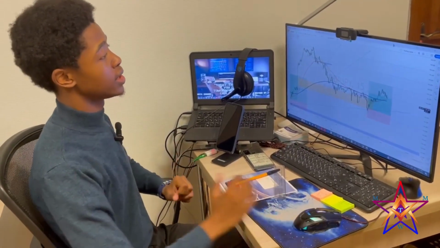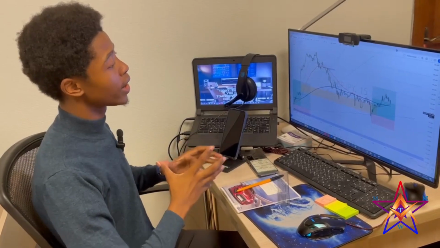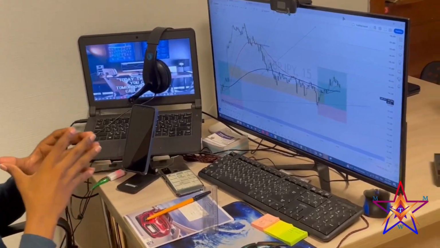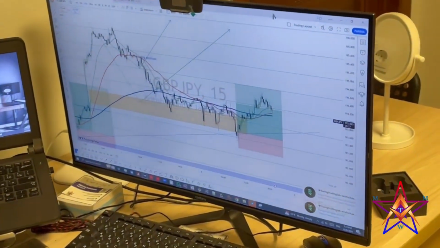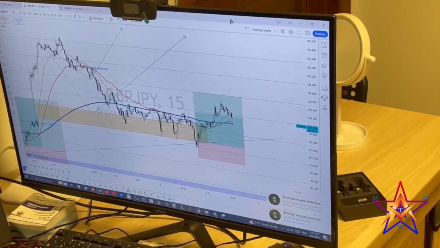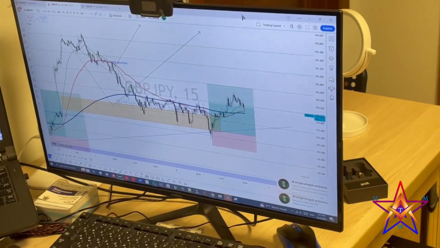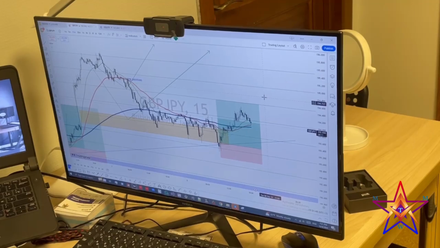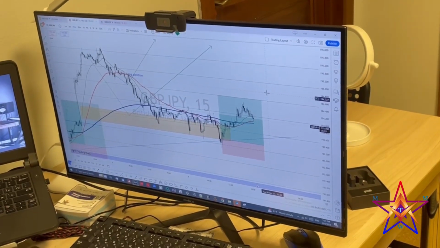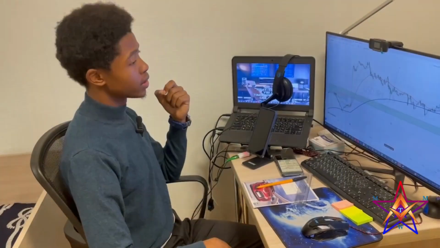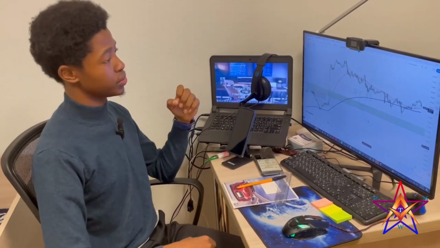This analysis, I did it on Sunday, and how I take my trades, my strategy, my psychology, and how I exit, as well as the trade management throughout the trade, I teach it in my WhatsApp group and my Telegram channel. They are new. We are going to be launching them on the 11th of October. They are still new, so people are still joining.